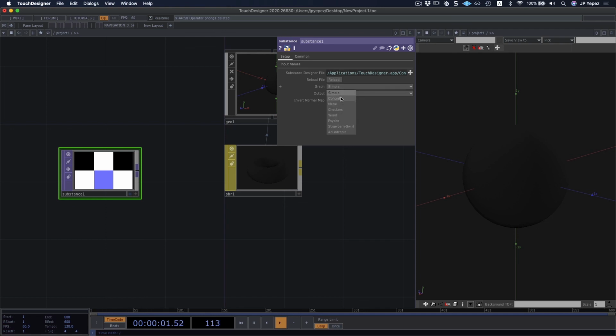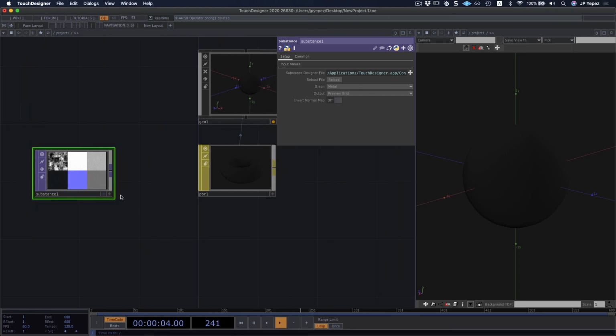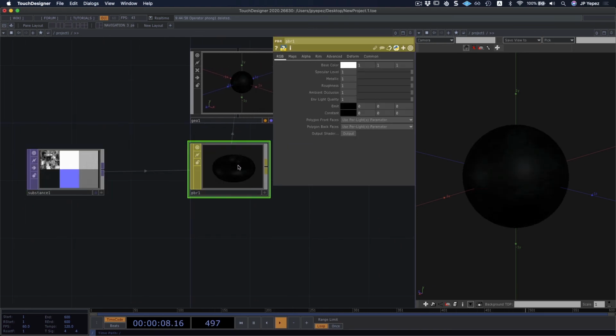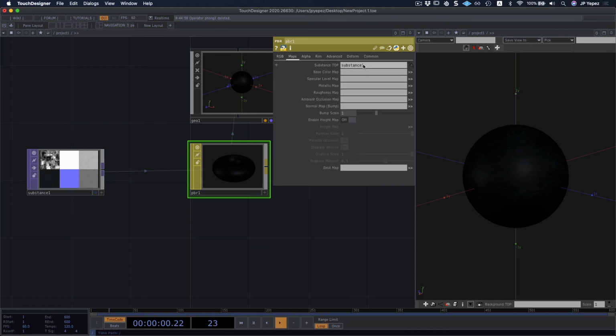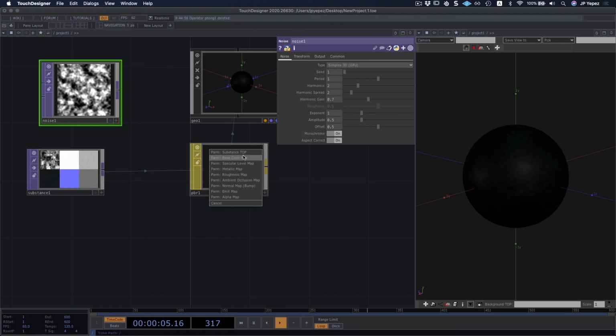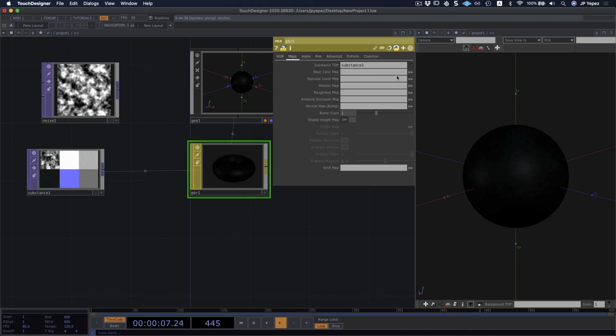So maybe let's select something like metal. And we're gonna add this metal as a substance TOP, which we can find in our maps as well. You can either add a whole substance, which is gonna add all of its maps to the material, or you can add different maps, which are nothing but textures. If I have a texture, like say a noise, I could add it as an individual texture or to any of these fields. In this case, I don't really need it.